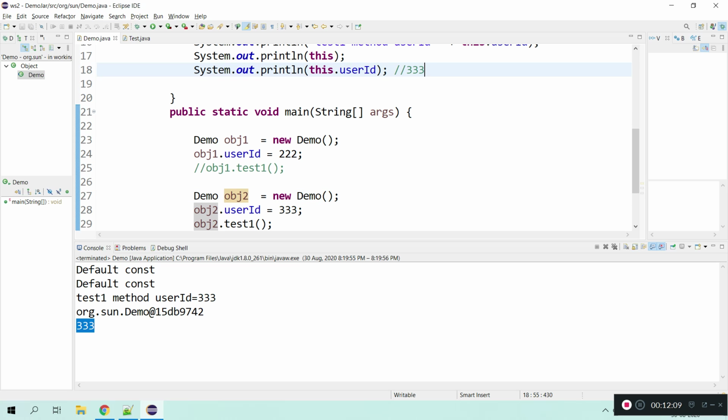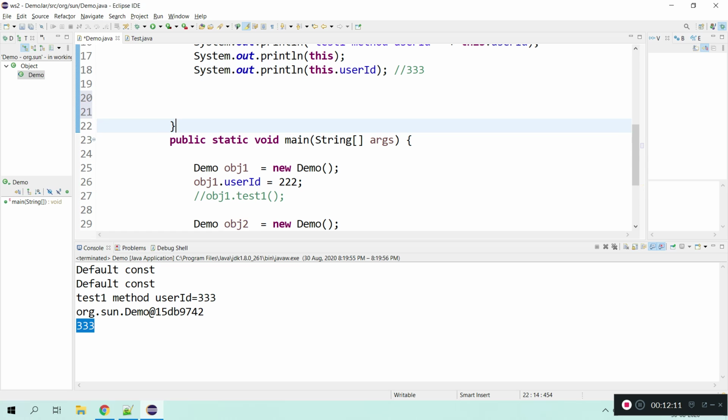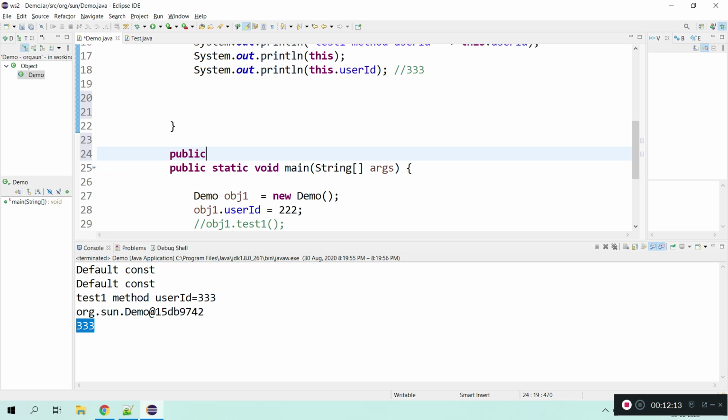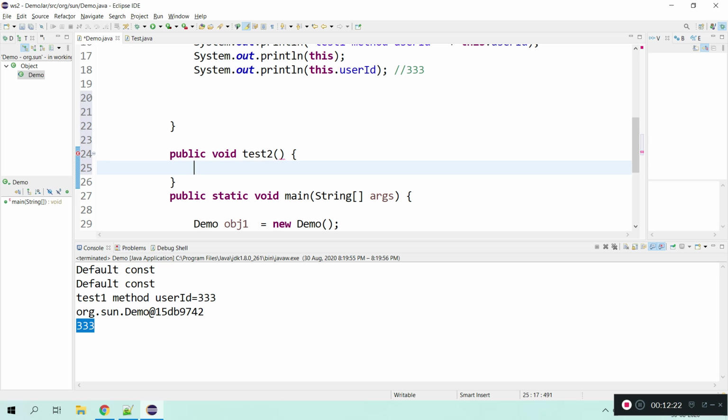And one more thing, can we pass the this keyword to other methods, and can we return it from other methods? Let's see. This is test2, and from the instance method test1, I am calling the test2 method and passing the this keyword. Is that possible? Yes, this is perfectly valid.